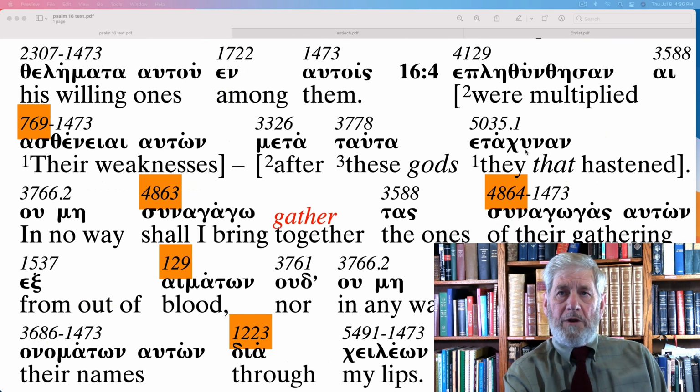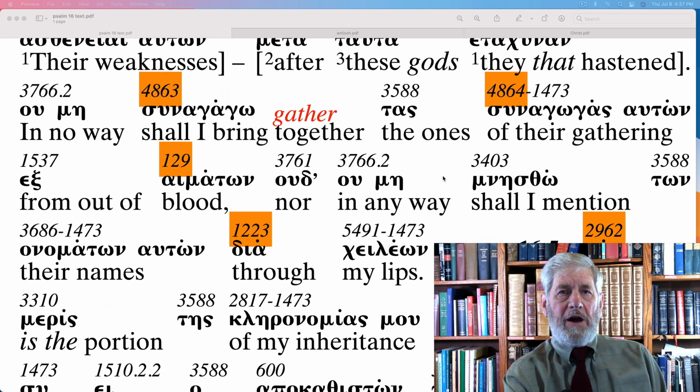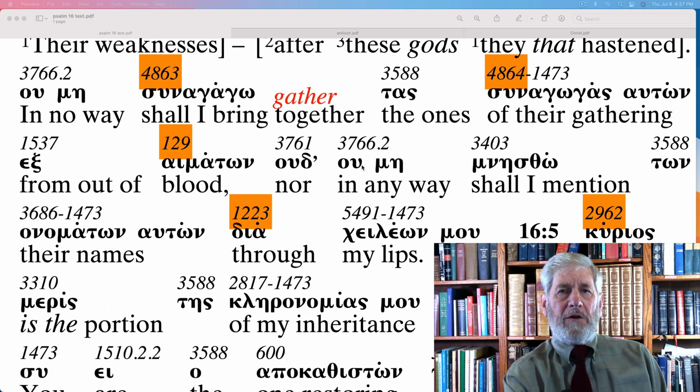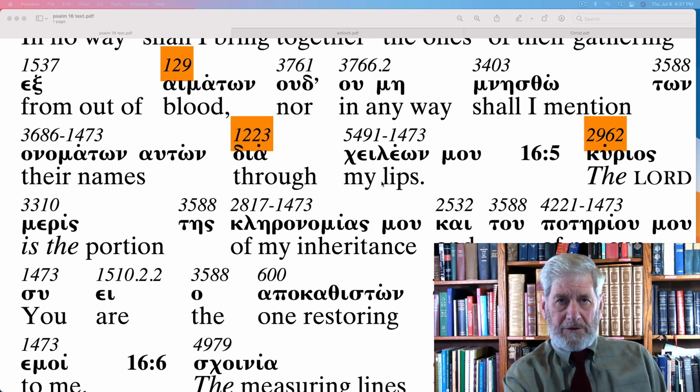So their weaknesses were multiplied, and when that begins to happen, then bad things also follow. And they hastened after these, I put gods, because that's what I think he's talking about. They went into idolatry. In no way shall I bring or gather the ones of their gathering from out of blood, the people that are violent, killing people,